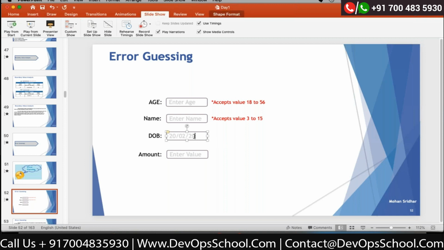So you can also say that it has to show in YY format, so it should be like this or like this. These are the things we can suggest in the date field if it is not showing, based on our error guessing. The requirement is not talking about all these things, but based on our testing attitude,